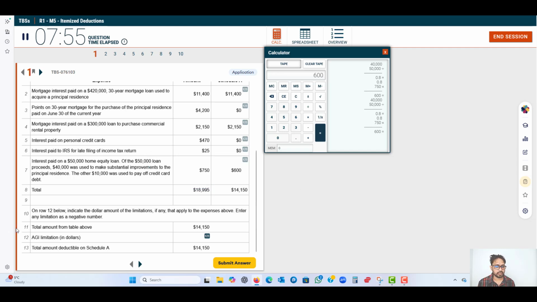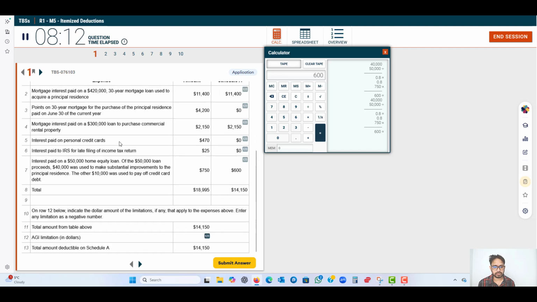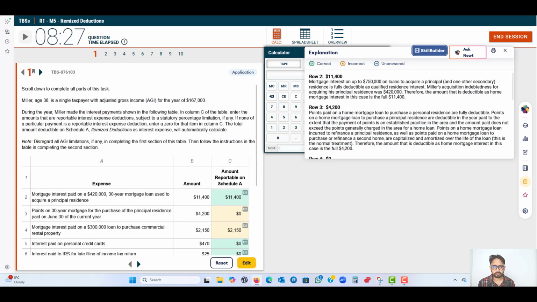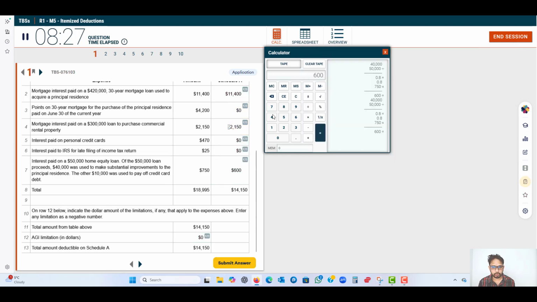Okay. And the last item is that on row 12 below, indicate the dollar amount of the limitation if any applies to the expense above. Enter any limitation as a negative number. So interest expense does not have any limitation on a Schedule A, so as much interest as you have, you can deduct it. So we can put 0 here. So if we hit on 0, and if we hit on submit, okay, there are 2 errors. So what we can do,